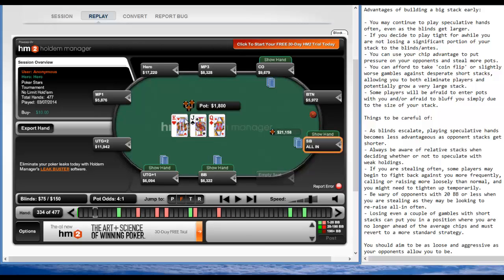And we get a flop of King 10 or King Queen Jack rainbow, so no flush draws, but obviously a very connected board. And the small blind shoves all in. Now he has a lot more chips than anyone else, but that's still a really strange play. And right away, when I saw this play, I kind of thought 10-9 was the hand that he was holding,